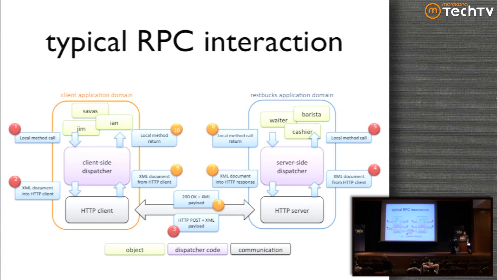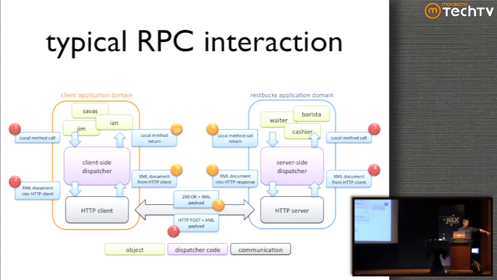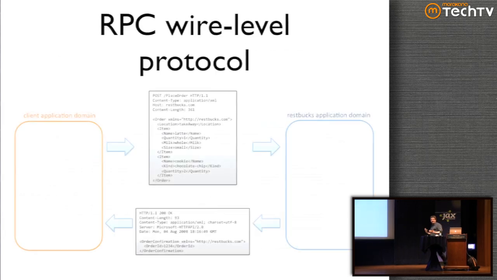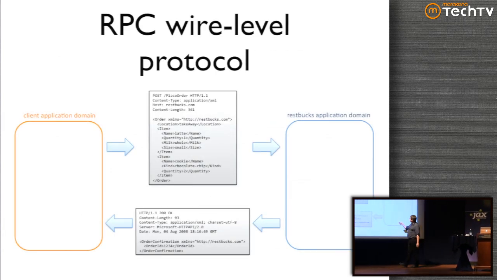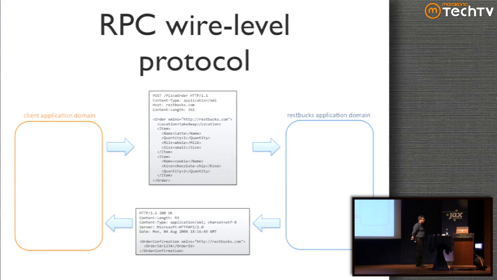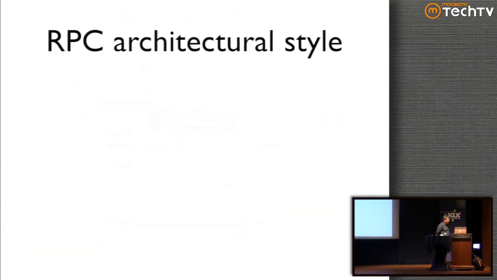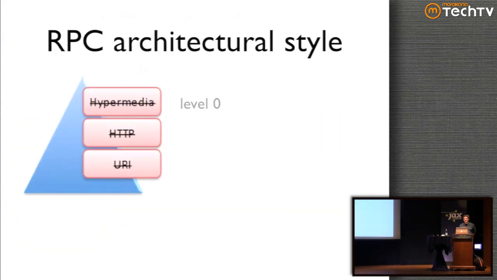Really, the only difference between XML RPC and SOAP and traditional remote method calls is just the wire protocol. The wire protocol looks different in all these cases, but the underlying architecture is pretty much the same, where you have XML documents that have things in them, and they get passed back and forth, and of course there are schemas that define what these look like. But on the Richardson scale, this scores a 0.